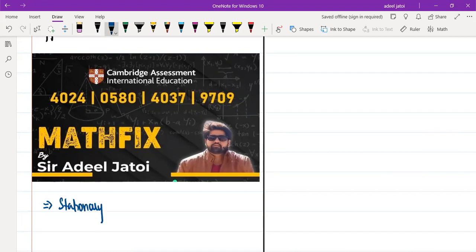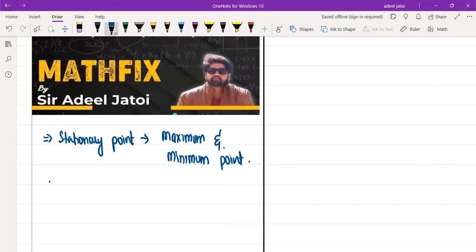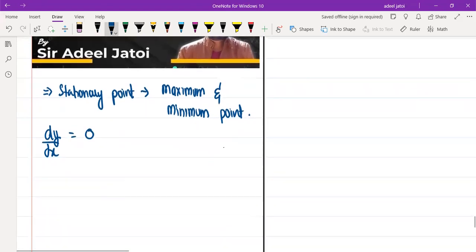point, which we have already discussed that it's more of maximum and minimum point. The stationary point is maximum point and minimum point, and this will always use dy upon dx is equal to 0, because at the stationary point,